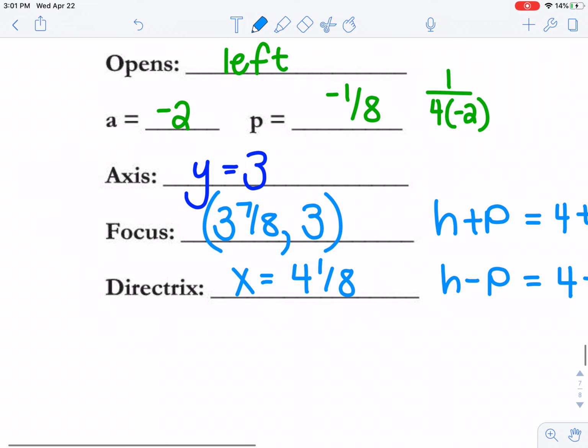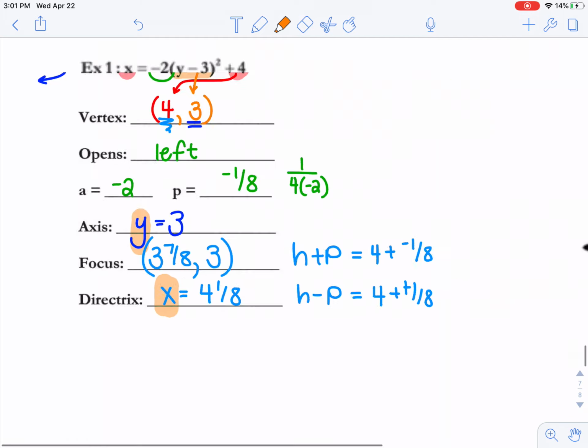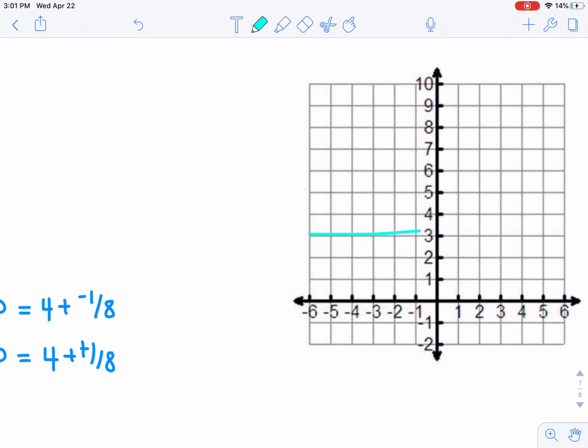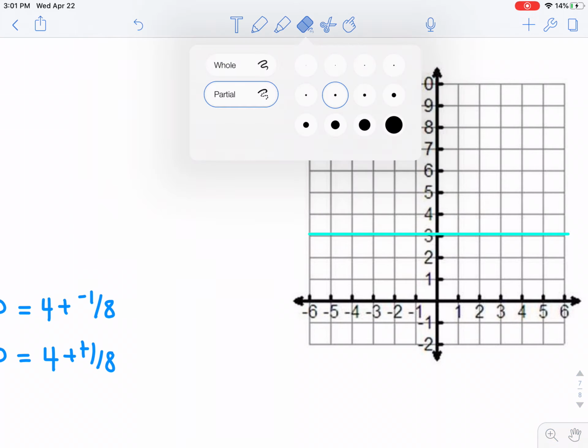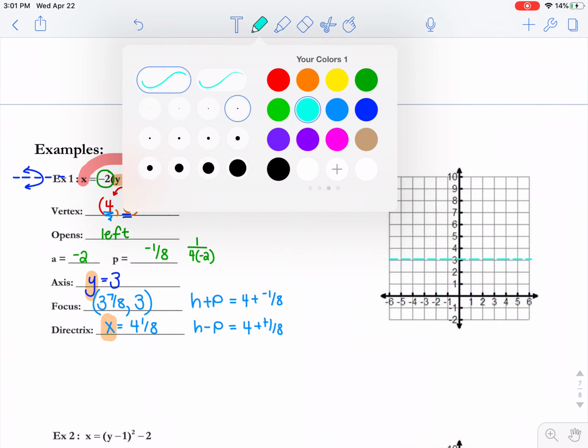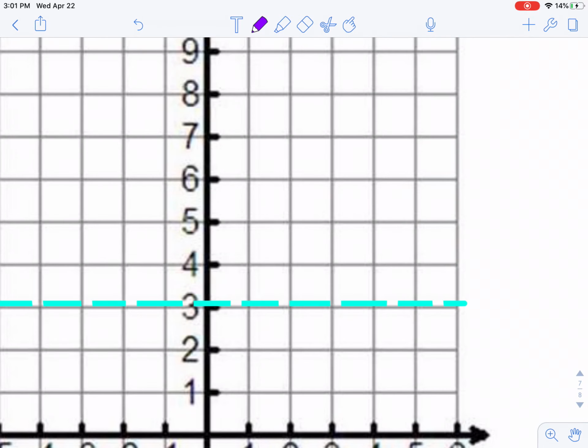It's x equals because the directrix will be a vertical line, but a trick that I like to use is that it's always the opposite of the letter of what the axis is. So that's one thing you can think about. All we have left to do is graph. So let's start with the axis of symmetry at y equals 3. And this should be a dashed line. Next, I'm going to plot the vertex, which is at 4, 3,